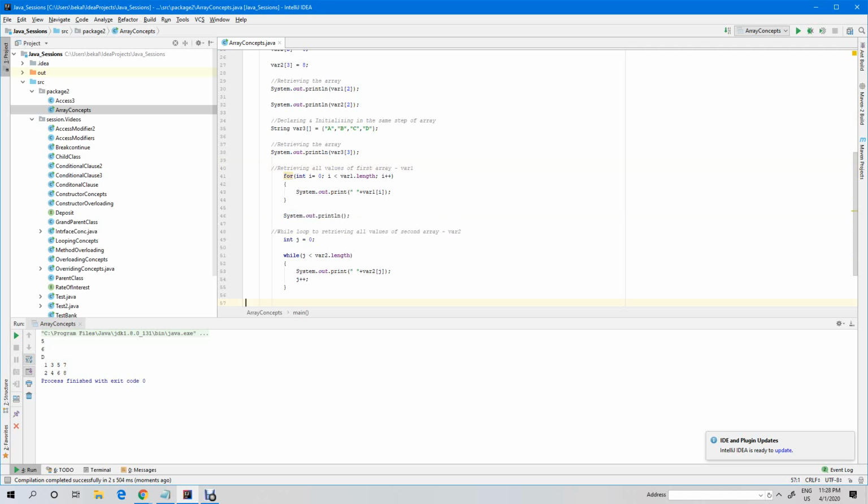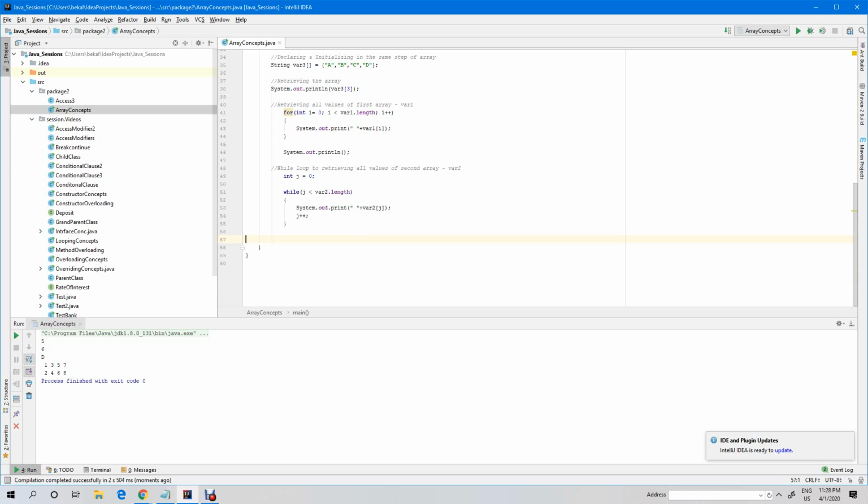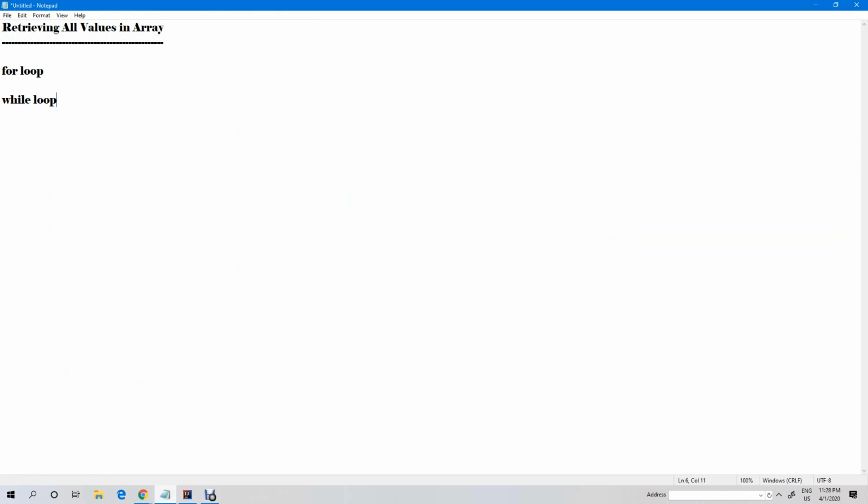Okay. Now we have done for loop and while loop. There is a new loop concept that I'm going to discuss here, the for each loop. This for each loop is applicable only for arrays and the collections framework. What are Java collections? They are ArrayList, HashMap, Hashtable, Set, etc. It will keep going. So for these only, this for each loop will be applicable.